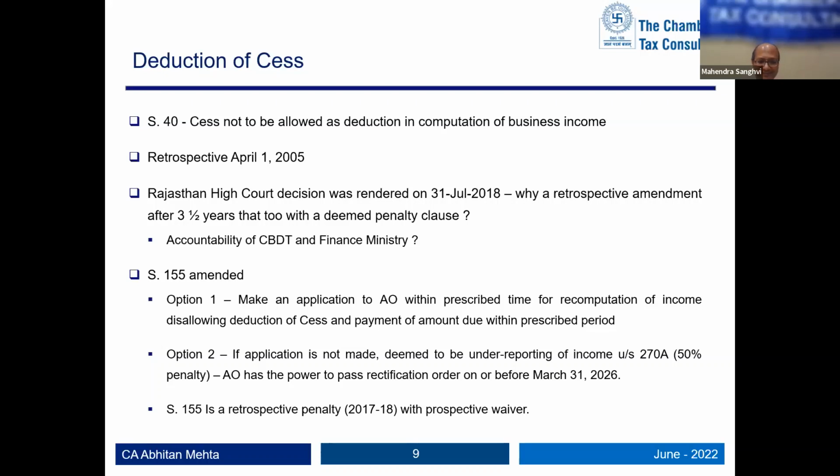Now they want you to come suo moto and tell, okay, this was a mistake. I am making an application for a rectification of error, so to say, and you please pass a revised 143(3) order, or you pass a rectification of mistakes order. And if you don't do that, it is not only that you have to pay tax. I'll levy a penalty and I'll say that this is deemed to be under-reporting of income under section 270A.